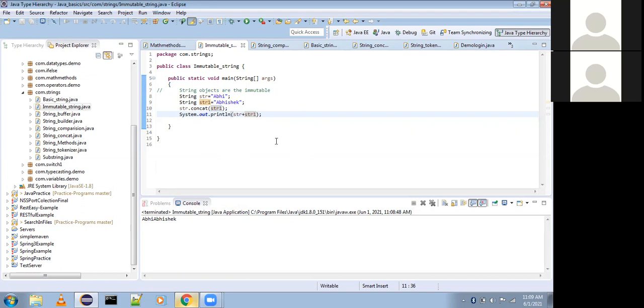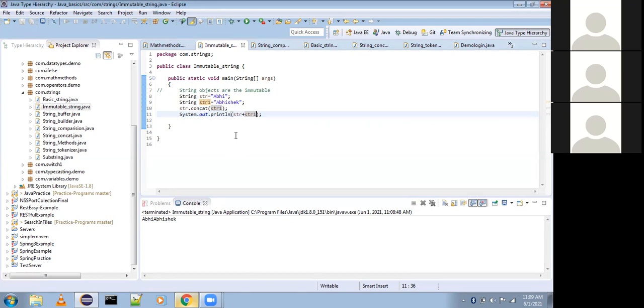Where is this stored? Sir, I have a doubt. Where will the result that we got now get stored? Because strings have individual IDs and individual locations in the string pool, so str and str1 will have separate locations. So when we do System.out.println, where will this be stored? The concatenated one will not be stored at all. Okay, so it's just executed, bringing the value and printing here.